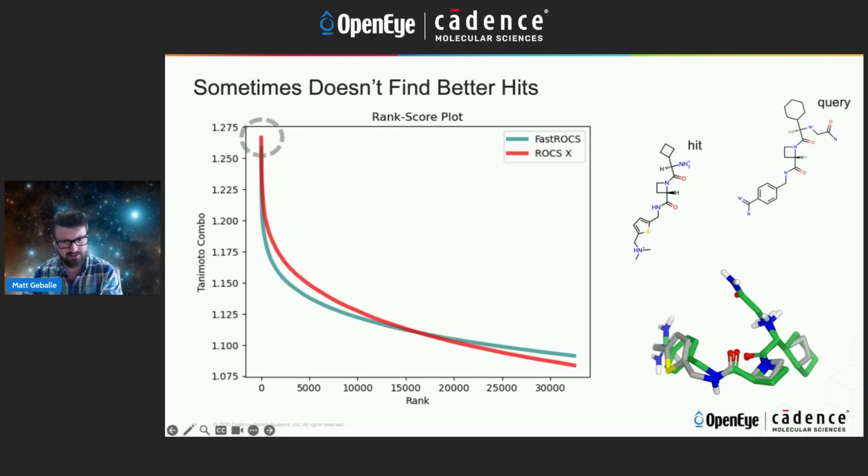You see the top ROCS X hit shown here in 2D and then shown in gray with the 3D overlay. And you can see it's matching the shape and chemical features quite well in some portions of the molecule, but other portions of the query, it doesn't match at all, or the match there is not so good. So in the exhaustive search with FastROCS, we know, okay, there's just nothing in enumeration real that is that similar